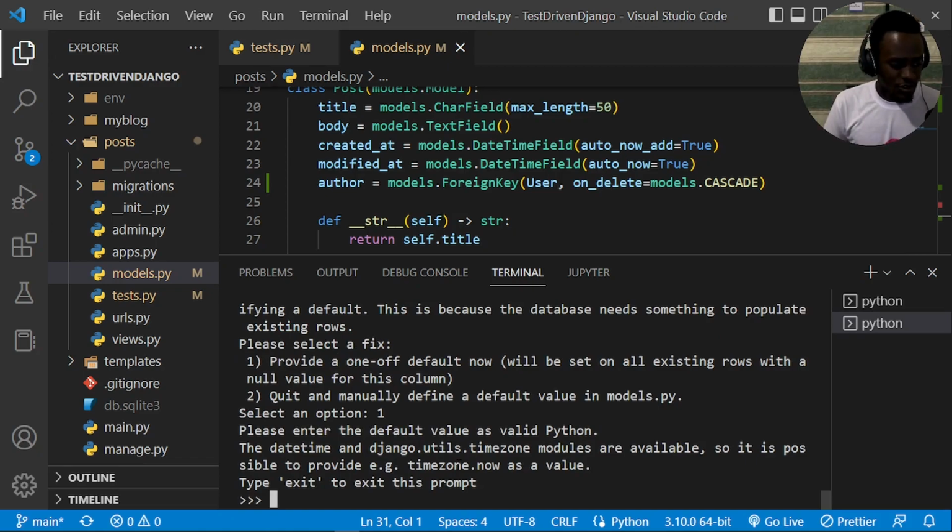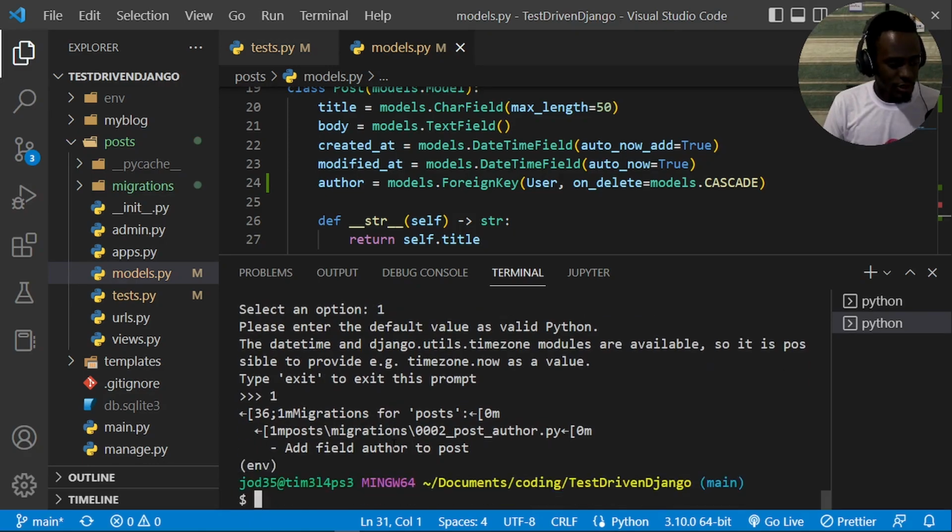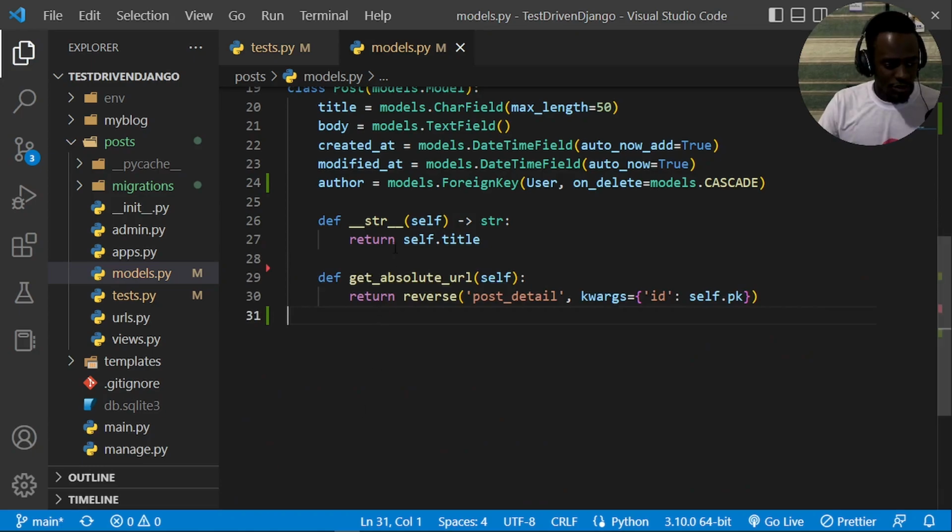And once we do that, we now see that we need to enter a default value. So let us set a default value. When you say 1, it's actually going to migrate, and it will add our author field to our post, meaning that our database migration has been run. So now we see that we've been able to add our author